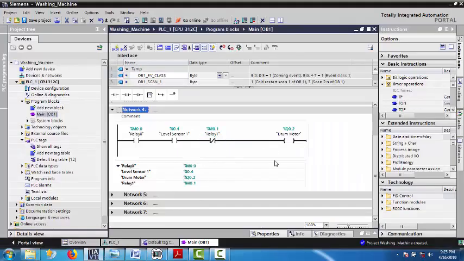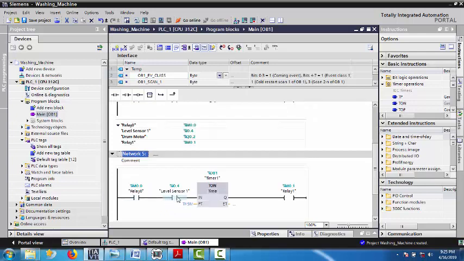In the washing machine, the drum motor is going to start, and it has to operate only for 5 minutes. So you also start a timer over here. As soon as level sensor 1 is sensed, you start a timer. This timer works for 5 minutes. After 5 minutes, it starts relay 1.